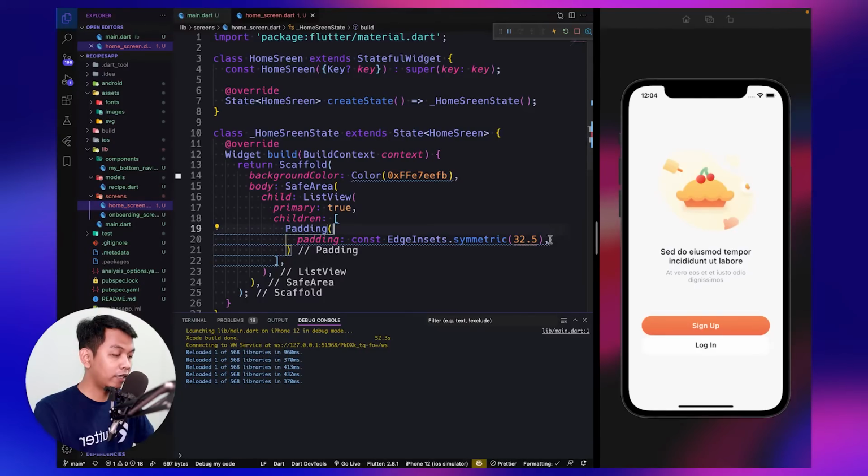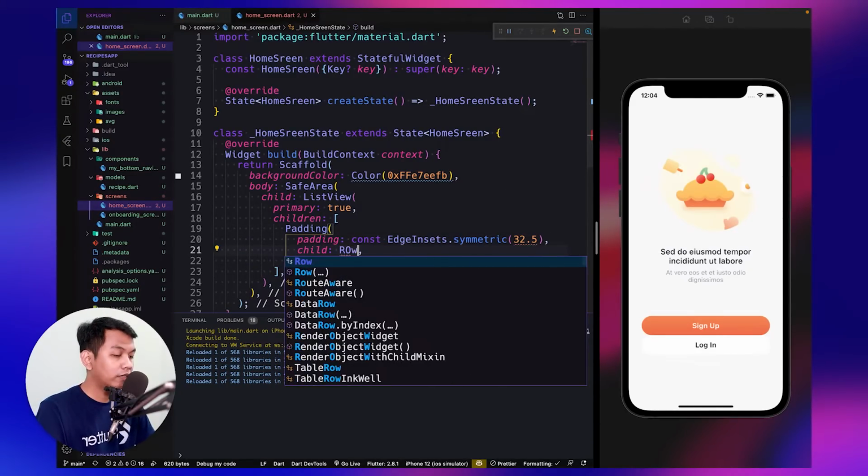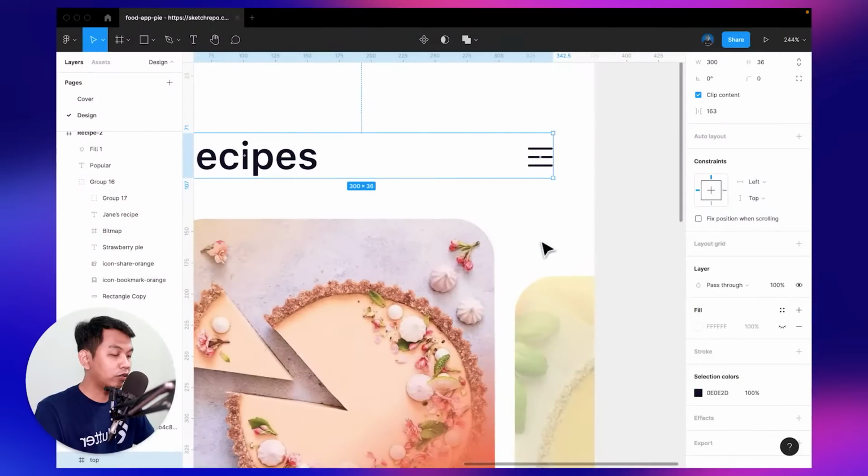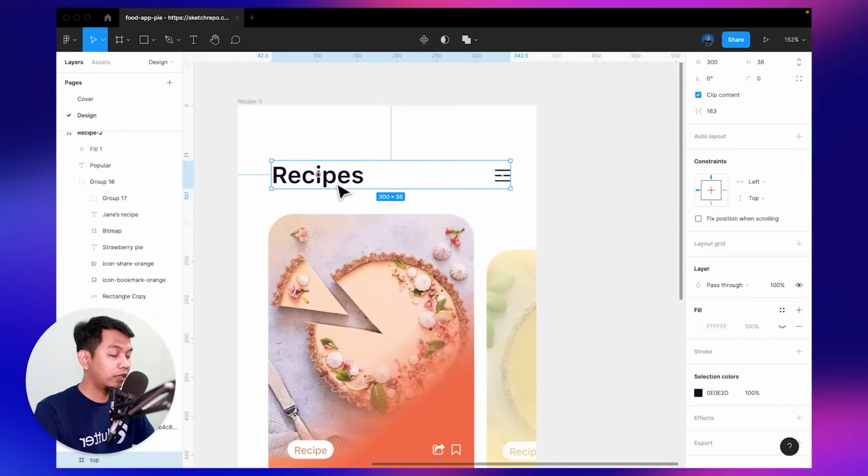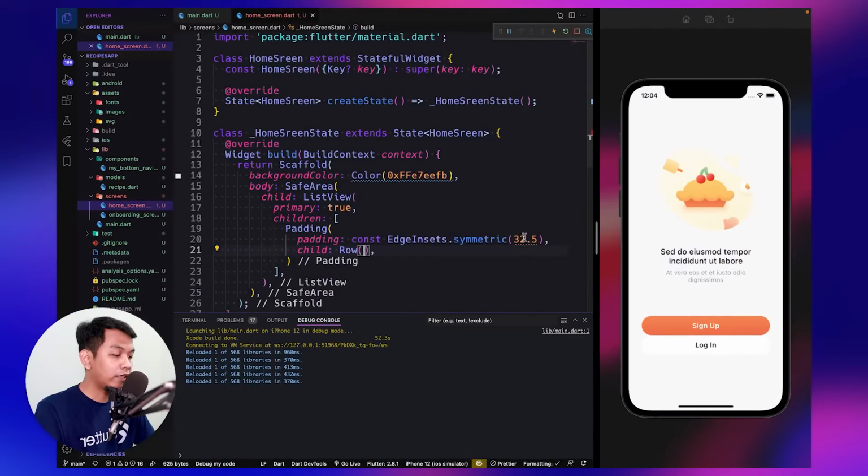And for the child, let's set it to a row widget, because we have two widgets, this for the title and this for button navigation. Alright, this is horizontal, and the second one is vertical. Let's make it 16.